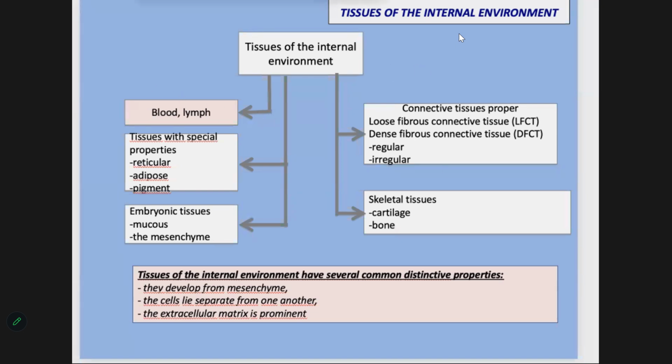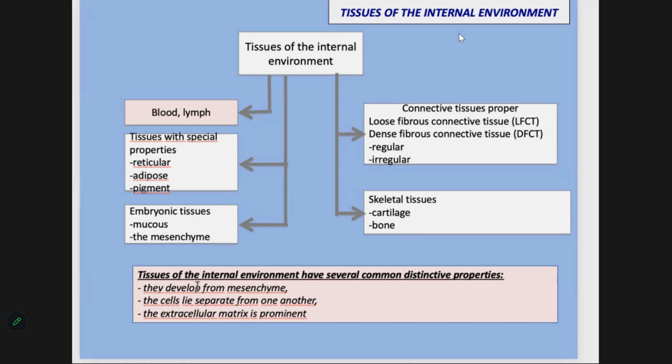Then the next group is the group of proper connective tissues, tissues with special properties, embryonic tissues, and also skeletal tissues. So today we are speaking about the proper connective tissues, about the tissues with special properties, and embryonic connective tissues. Look at the main characteristics of tissues of internal environment, common distinctive properties, and the first